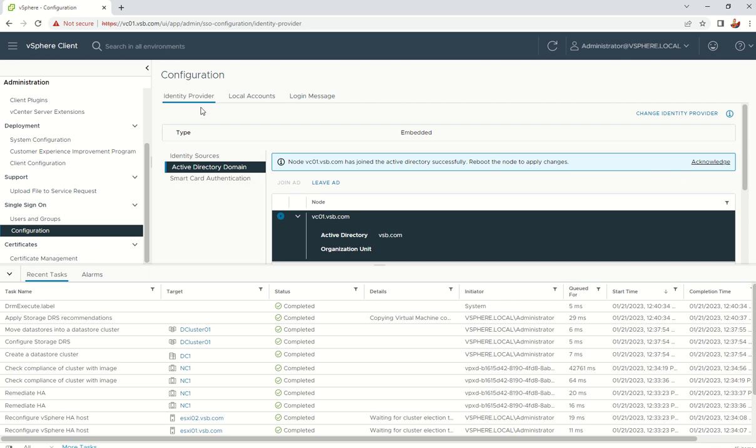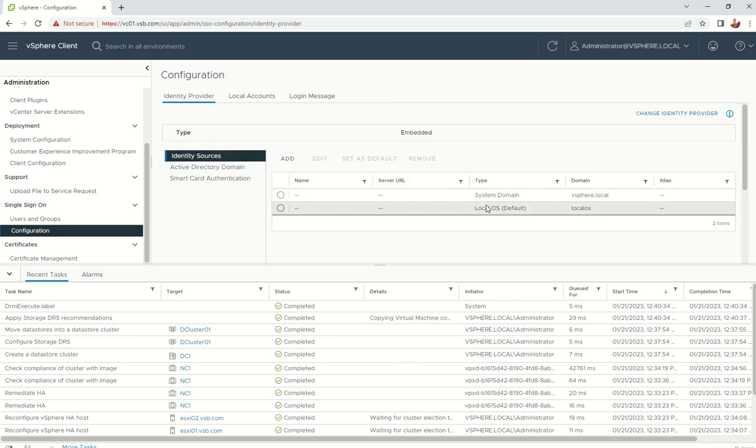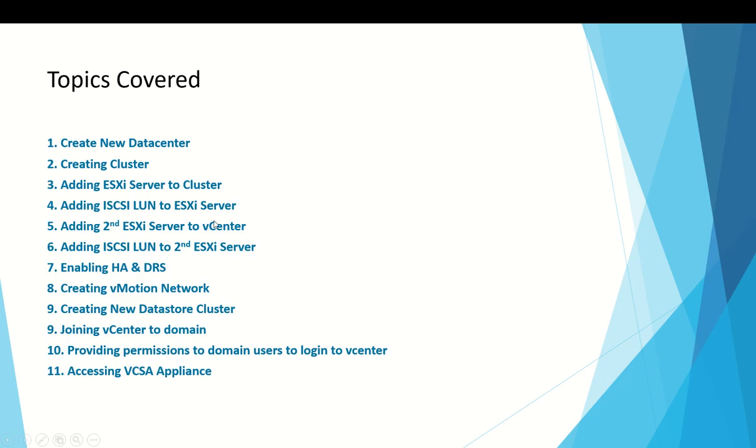So we need to go to the identity resources. Before that, vsb.com will be listed here, and we need to set the identities as default. But before that, we need to reboot the ESXi box. For that, we need to log into our ESXi box. As a part of our list, this is the last one. Okay, so we'll log into our